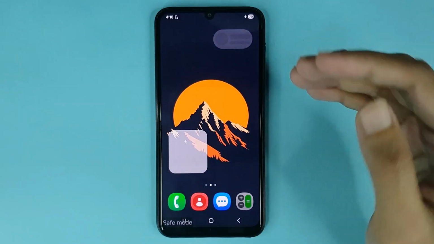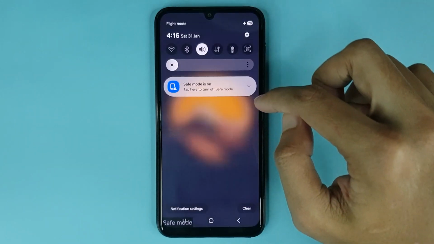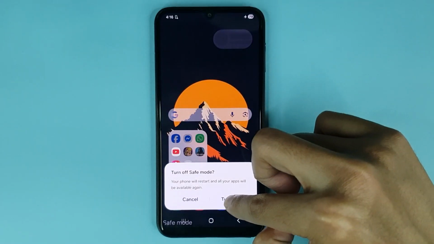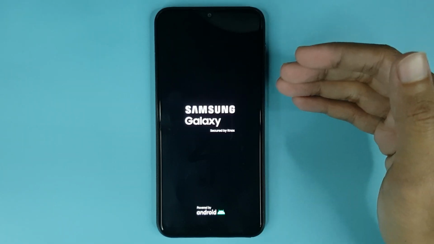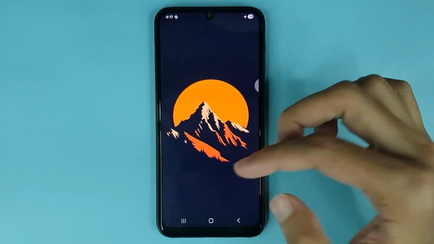That's it. Now if you want to disable or get out of safe mode, just swipe down and then tap on tap here to turn off safe mode. Then tap on turn off. Now the phone will restart again to disable safe mode. So just give it a moment, and the restart is complete and you can see safe mode has been disabled